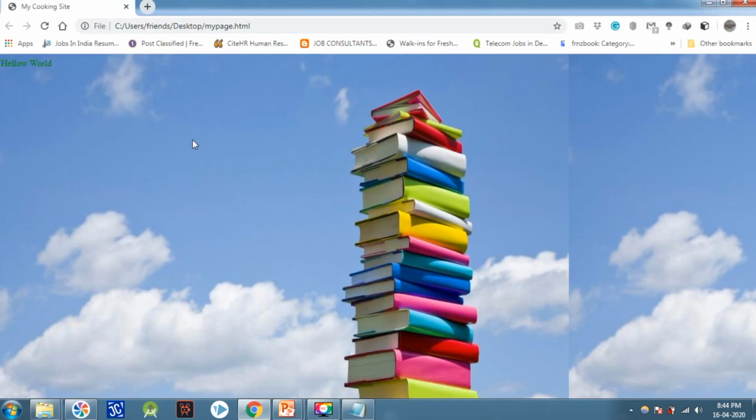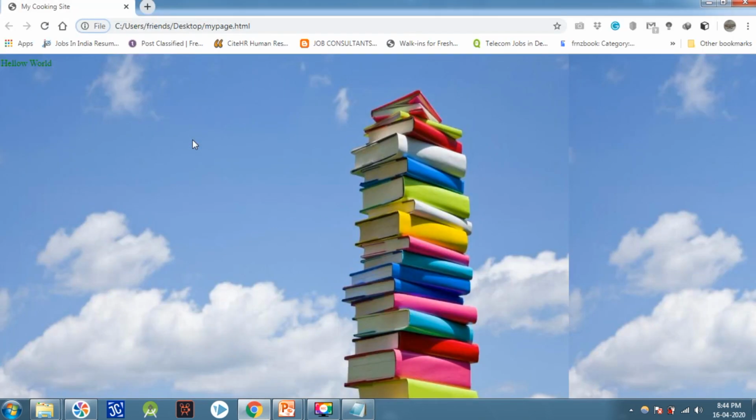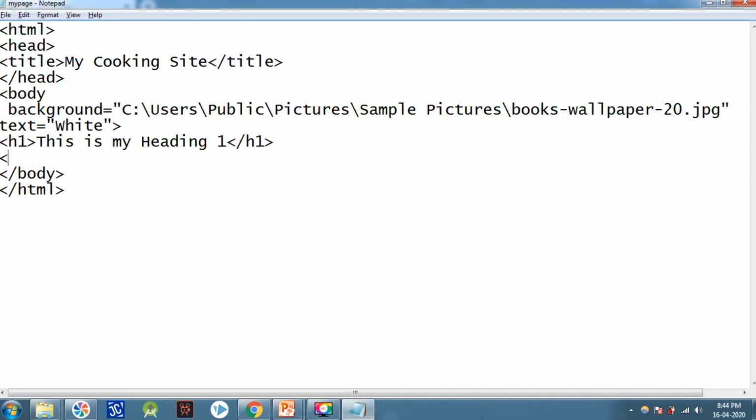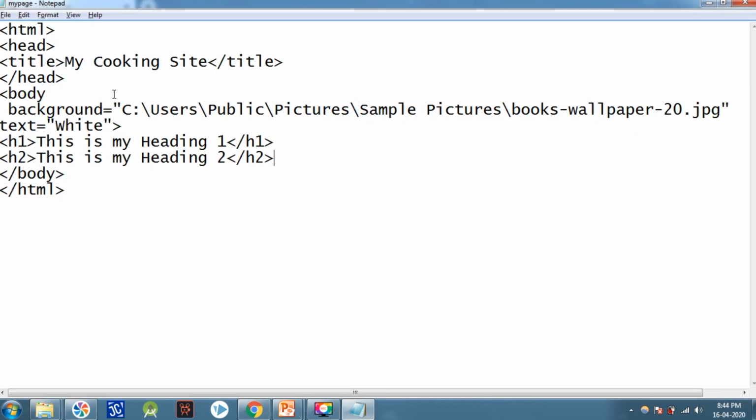I have not saved yet, I think. Go to File and save it, press F5. Now you can see this is my heading 1. Next, H2, this is my heading 2, and now I have to close H2. Now you can see that heading 1 is bigger than heading 2.